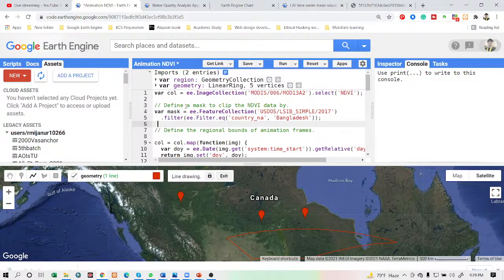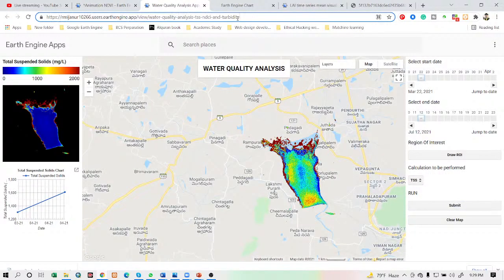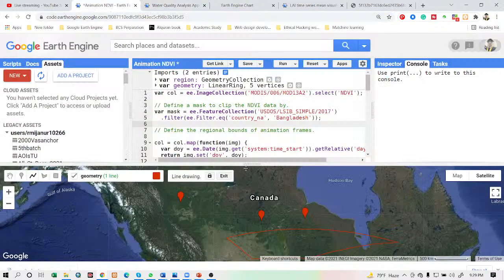Actually we cannot go into this part at this time, because this is the introductory part, and I just try to show you an example of the code application of the Google Earth Engine platform, or how you can use these apps. Okay, if you want, you can also go to this link. I will send you this link so that you can easily access this application, but you cannot get the main source of this code at this time. Okay, so any question in this part?